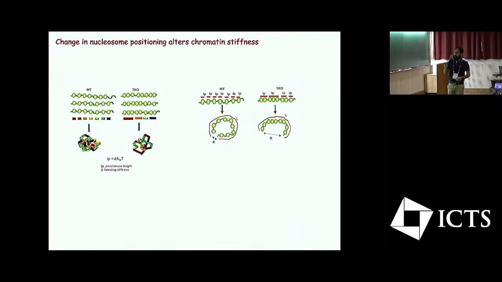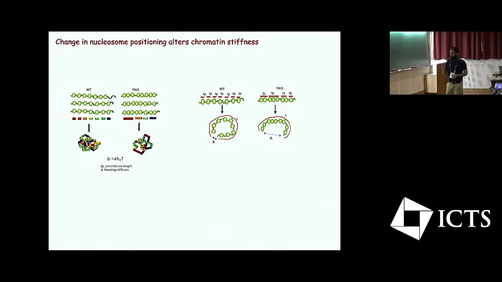Okay, so this is what's put in the schematic here: you have the regular positioning of the nucleosomes, we have some persistence length, and this loop end-to-end contact can be an assay for contact probability or looping. It also depends upon the length, which we call the contour length, the capital L here. Okay, so it's like if we have a necklace in which the beads are regularly spaced and we try to fold it, it will fold relatively easily, but if we push the beads at some place in the necklace closer and then try to bend it, it will be a little difficult to bend.